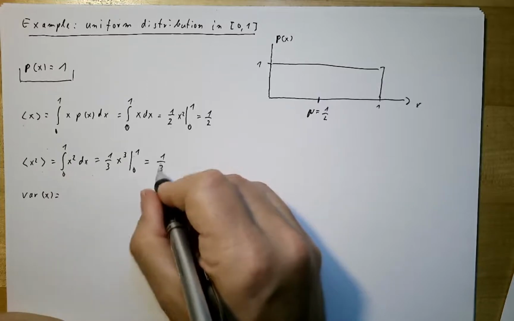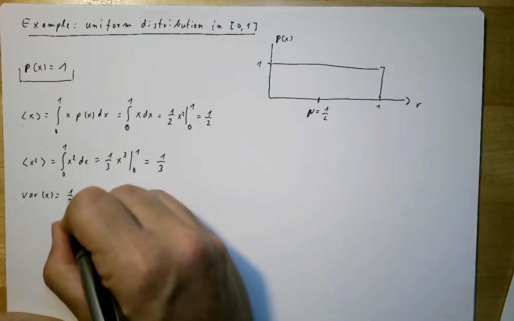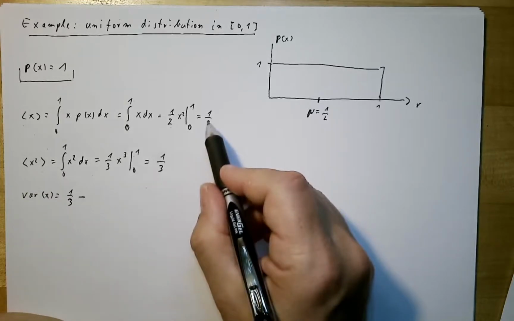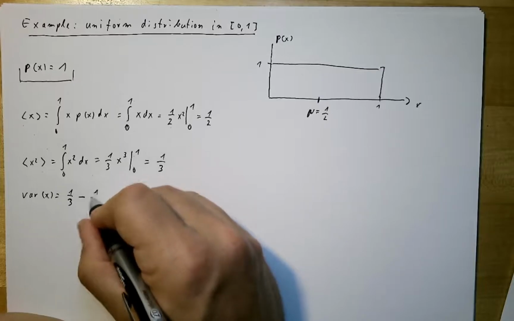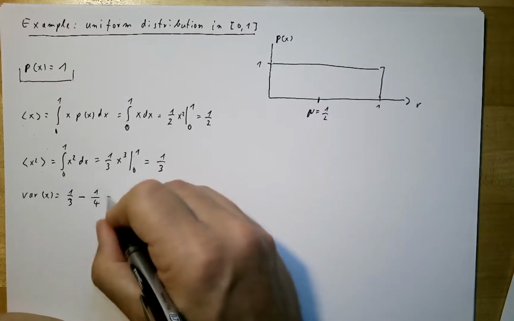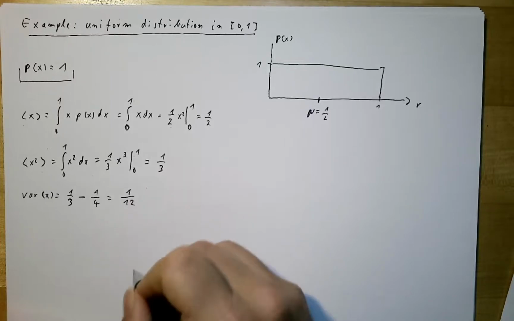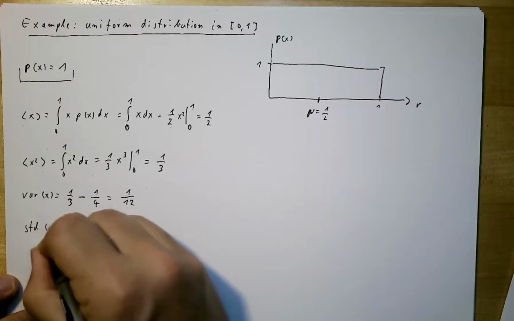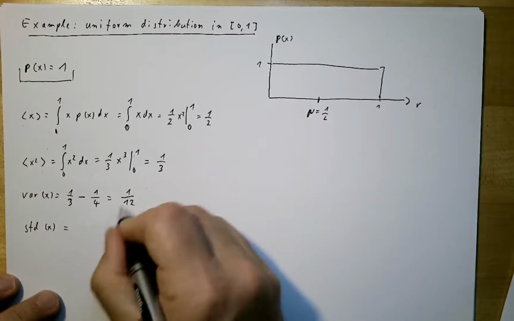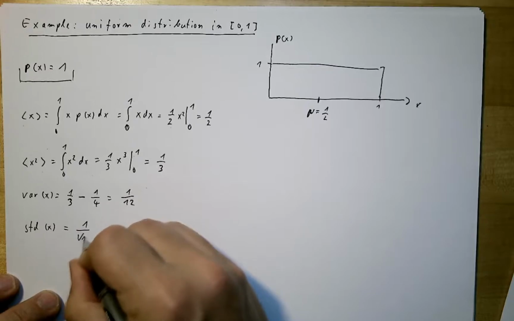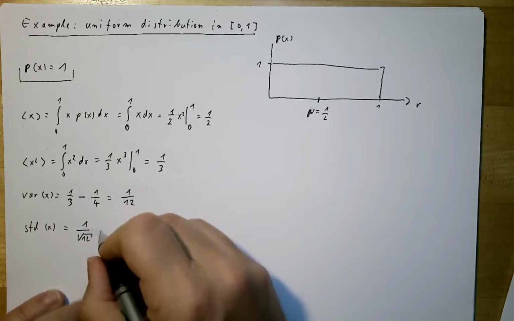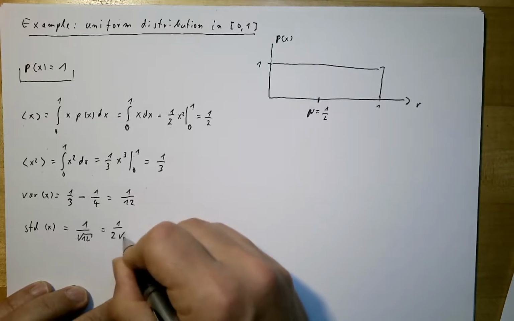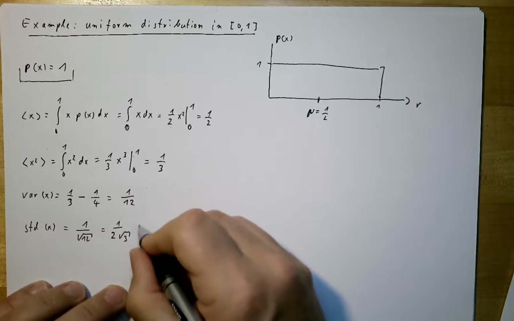This is 1 over 3, that's the second moment, minus the first moment squared, so minus 1 over 4, and this is 1 over 12. And then we calculate the standard deviation. It's just the square root of this, 1 over square root of 12. So it's 1 over 2 square root of 3, and this is